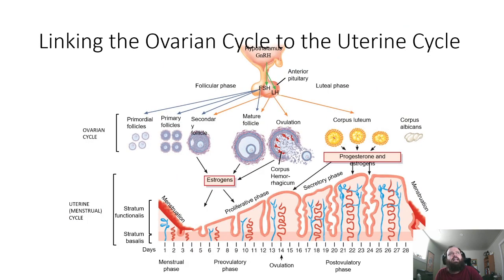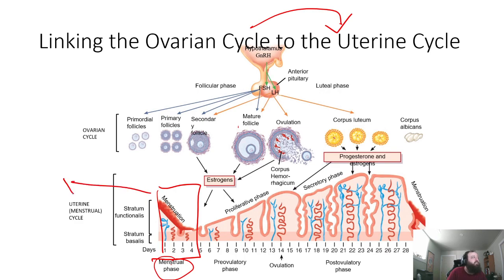So the key here, once you understand the ovarian cycle, is to link the events of the ovarian cycle to the events of the uterine cycle, which hopefully I've been trying to do. So the menstruation part of the uterine cycle corresponds to the menstrual phase of the ovarian cycle. There's no hormone. But it also will allow the FSH and LH to start being active, which will put you into the proliferative phase,